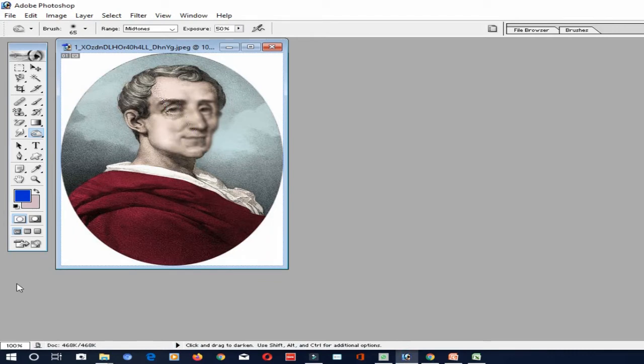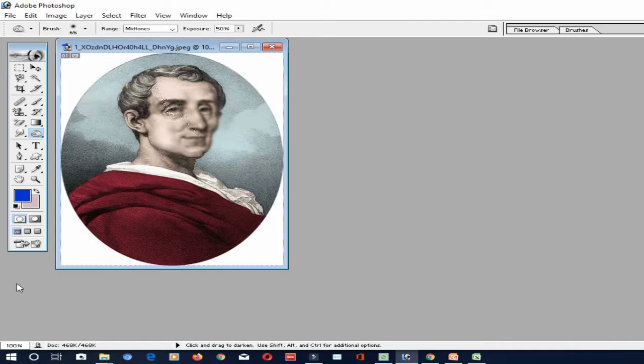First understand what is layers. Layers are nothing but transparent sheets that can hold objects and are stacked on top of each other. So what do you mean by that? See, if you're working with an image, you will have multiple objects. For example, if you are creating a magazine cover page or a newspaper cover page, or any other sheet, you will be working with multiple objects. So without disturbing one object, you have to work on the other object. For that, you need layers.